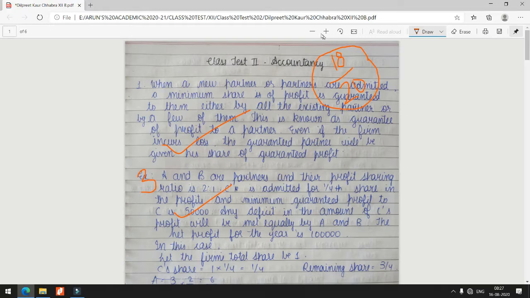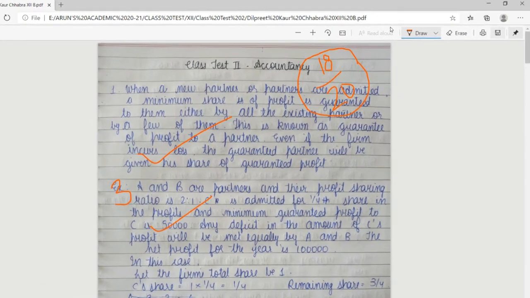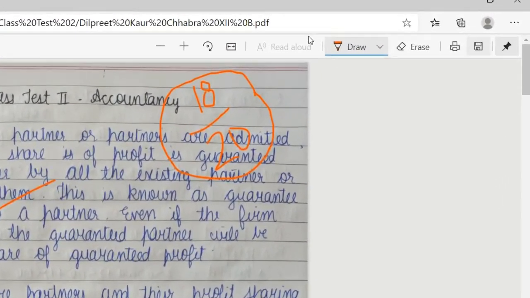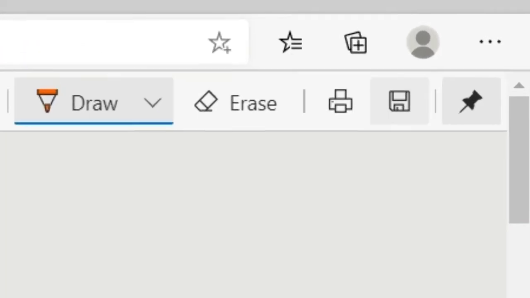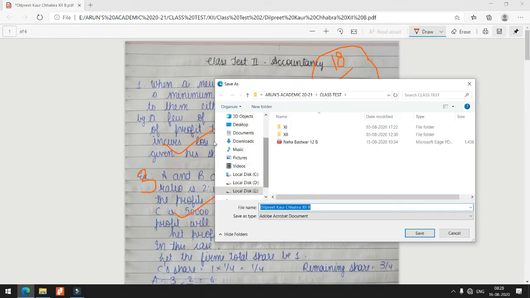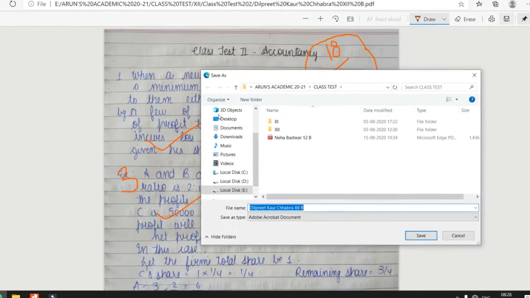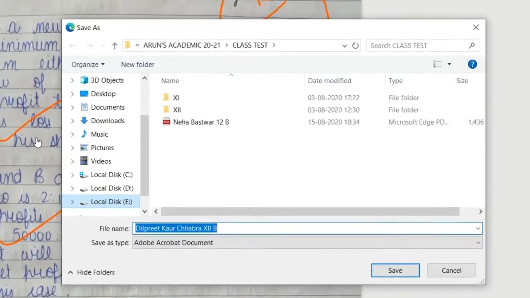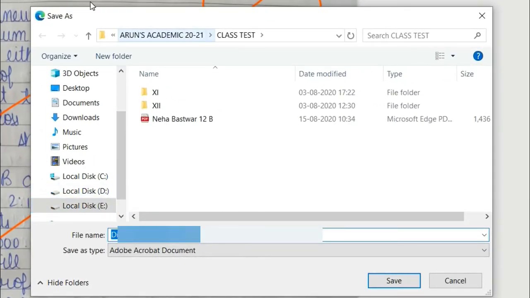Then this is to be saved. On the top right, just before the pin button, you can see Save. Then click on Save. And select the destination. Normally I select the same folder. It's drive E, then Arun's Academy 2021 class test.